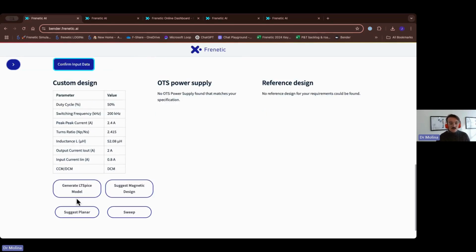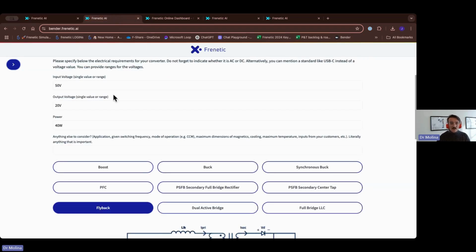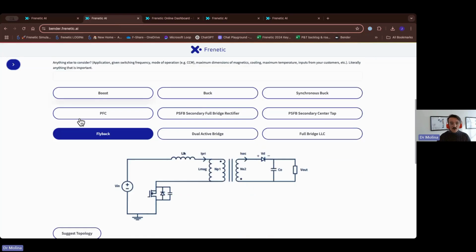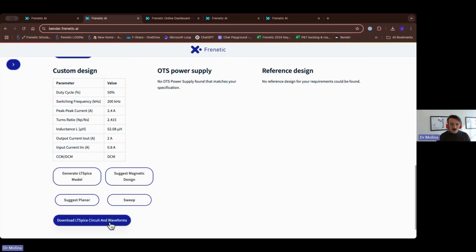So what I'm going to do is to run the planar. It's going to take some time, so I'm going to jump directly while that is running. I'm going to show you that, once you have the design, you can also create the LTspice circuit. So I'm going to download the circuit,